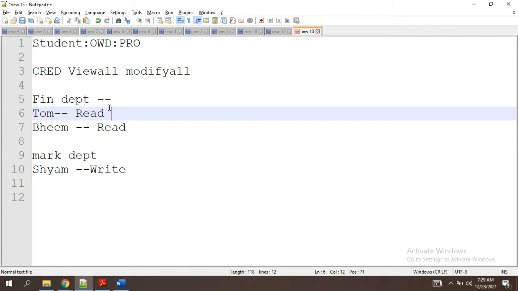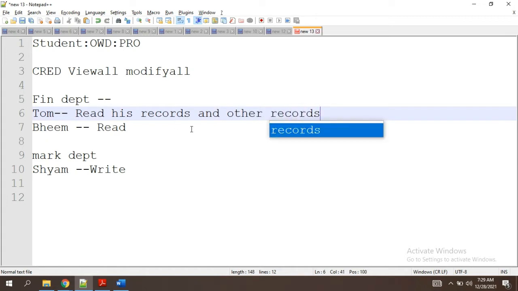So now we should ask the client: do we want the read permissions for his records and others' records also? Yes or no? When he creates any, he should also be able to create it, no? So then the client will say no, no. Tom should have all permissions for his own records, but read is applicable for only others' records.